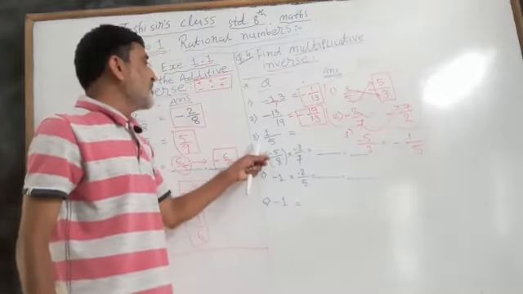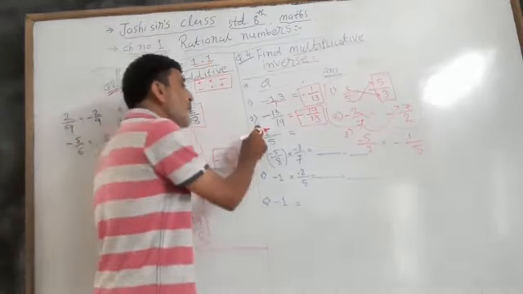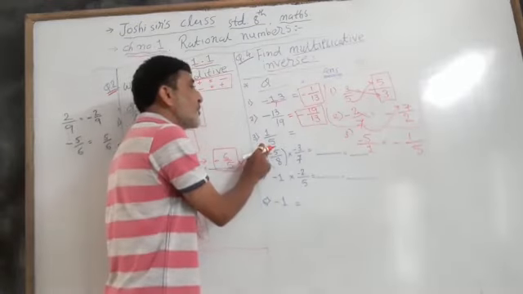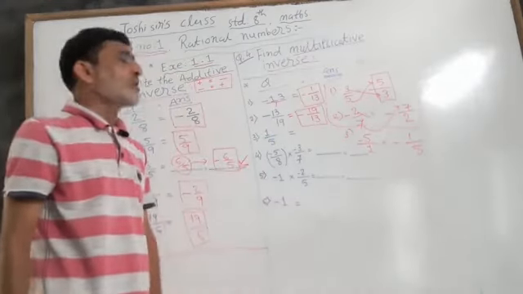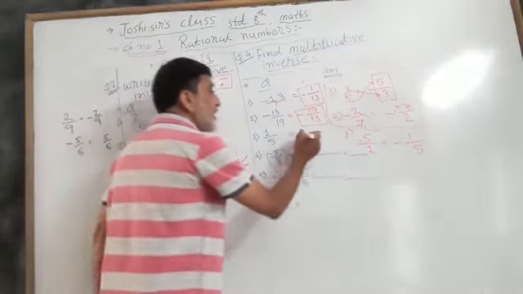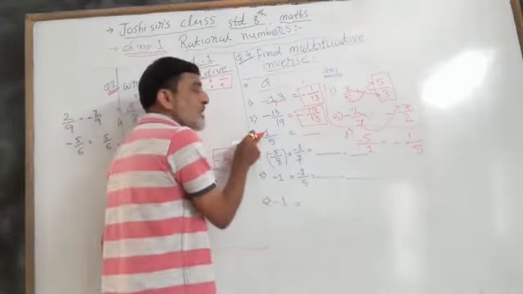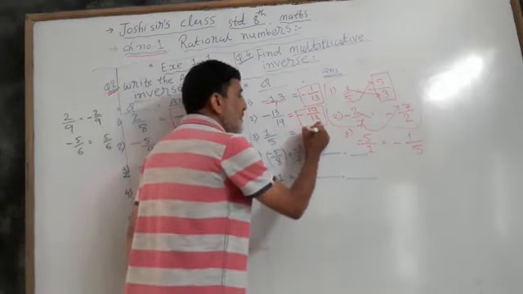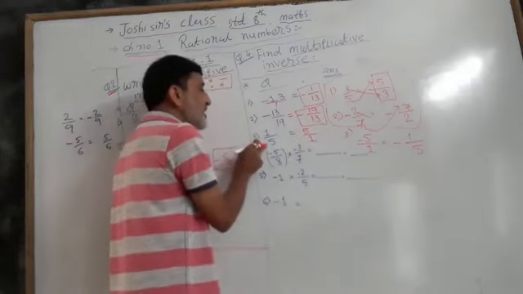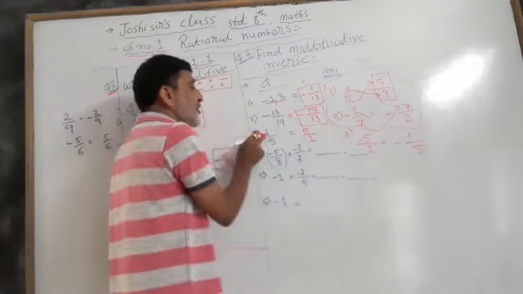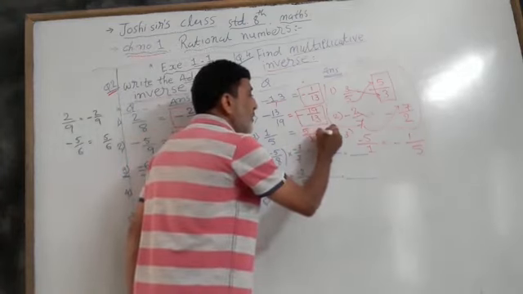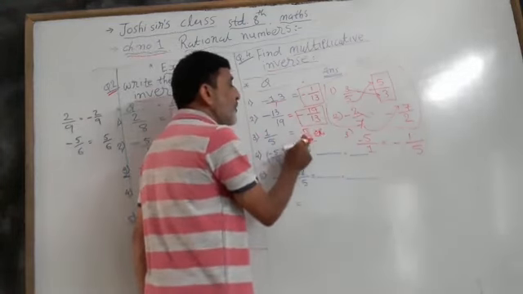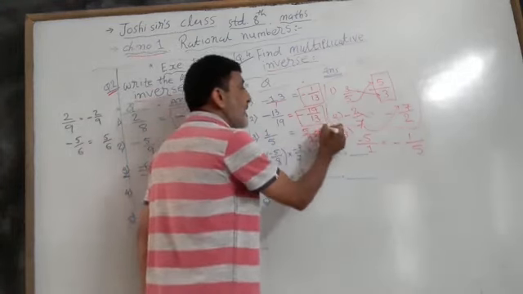Okay? Now next question 3. Question is given 1 upon 5. See here, sign is plus. So we have to change only number. 1 is upside, so we write here 1 downside, and 5 is downside, we write here upside 5. That means answer is 1 upon 5 equal to 5 upon 1. And keep in your mind, okay? Or you can also write this answer 5 upon 1 or directly 5.